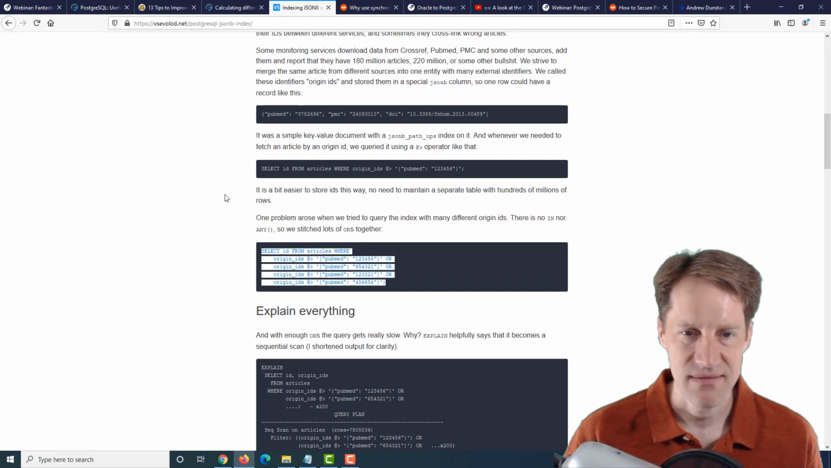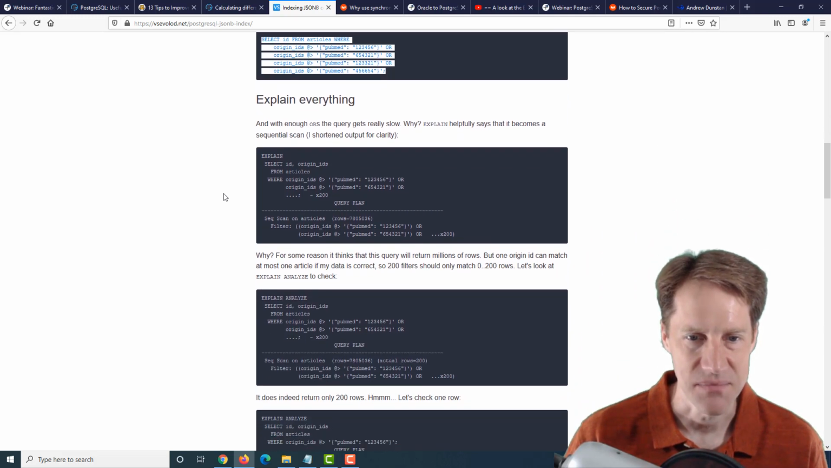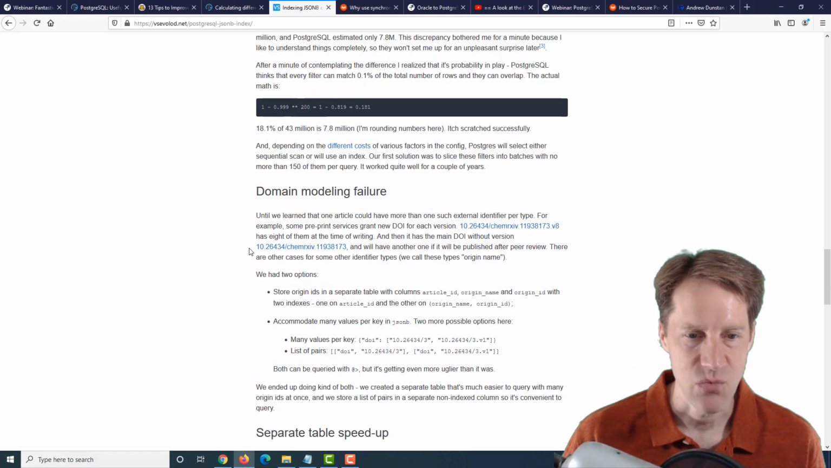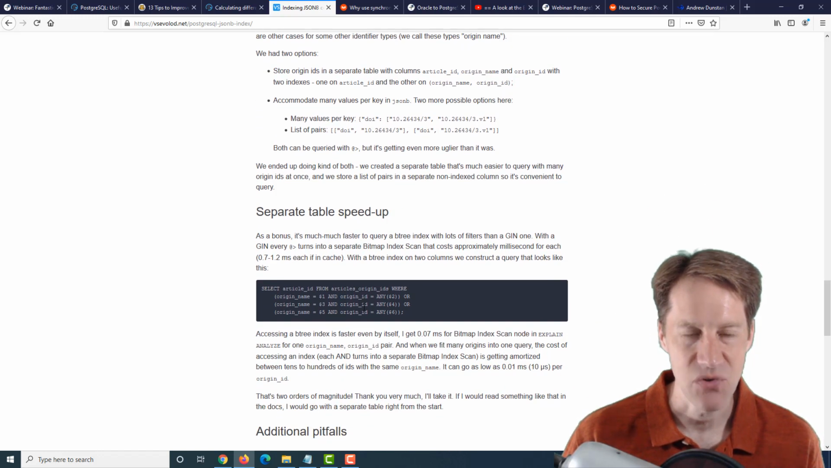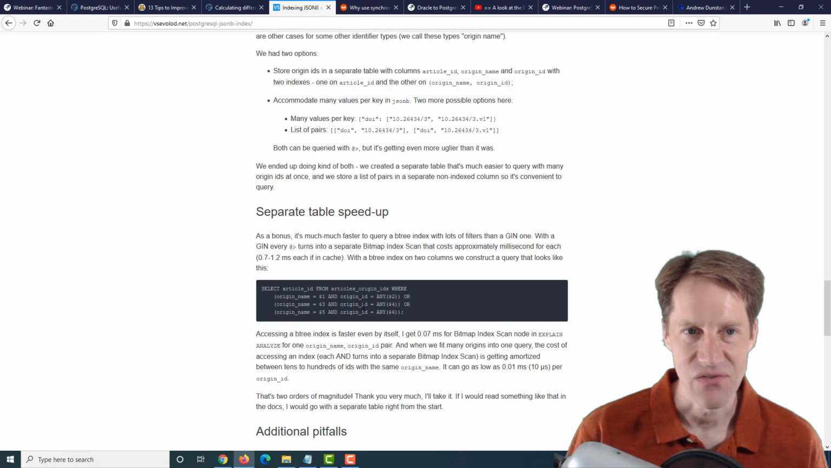Now I should say this is kind of how the post starts, but the post is a story that kind of weaves in a lot of different information. So it's not strictly on indexing JSONB columns. But after he looked and investigated more, his ultimate conclusion was that he had a domain modeling failure, and ideally he should set up a separate table, not using JSONB columns. So it's very interesting. The title of this post is JSONB index, whereas ultimately the solution was not to use